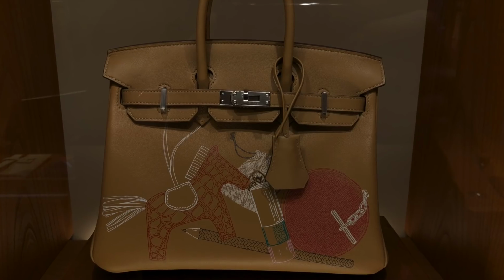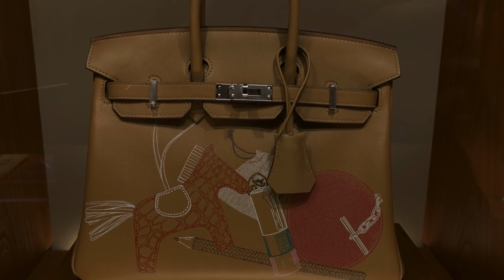But the two new styles are the so-called In and Out Birkin and In and Out Kelly, which, I'm sorry, but I cannot say without thinking about the burger. But anyway, they are called the In and Out Birkin and the In and Out Kelly. And they're part of the same collection, sort of the last final act